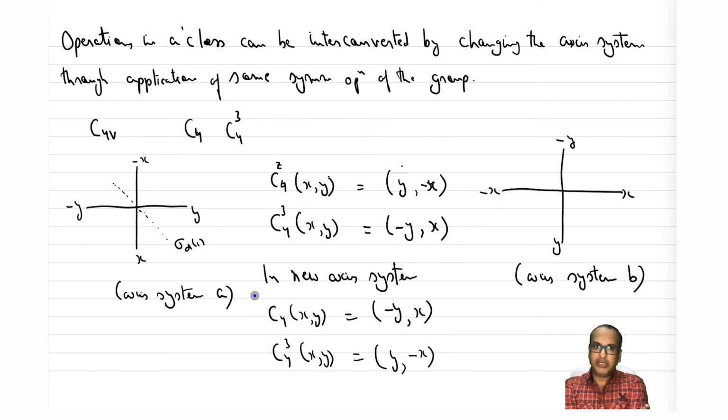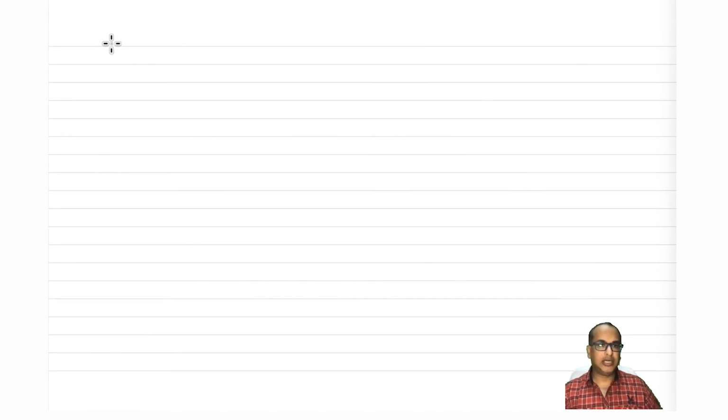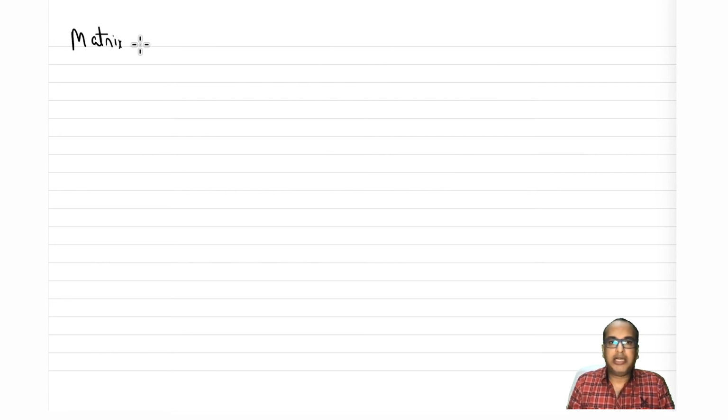Now we have understood the physical significance, we know how to classify, and now we will see later why finding elements which belong to one particular class is so important. That we will see in matrix representation, but that will come maybe in one or two lectures later. So this finishes the discussion for subgroup and class. The next important topic is matrix representation of symmetry operations.